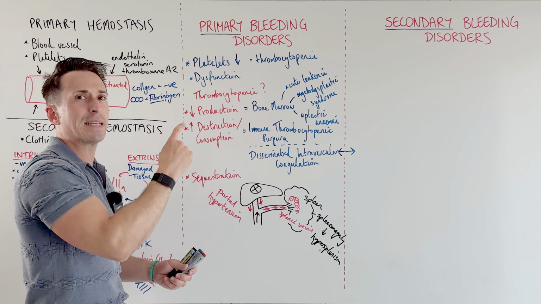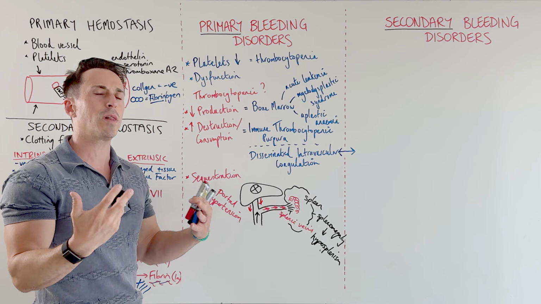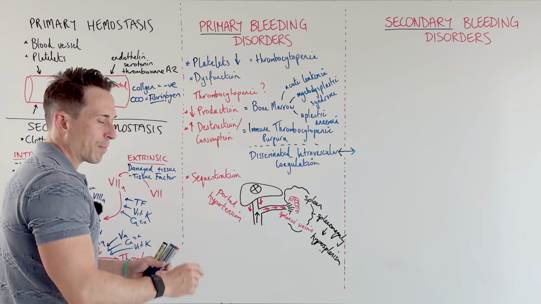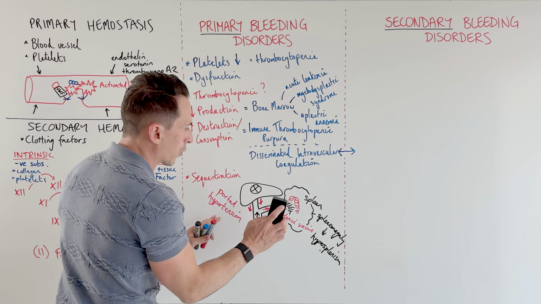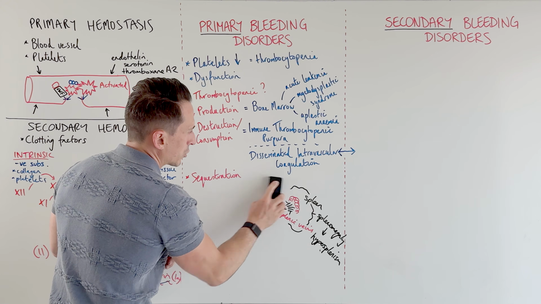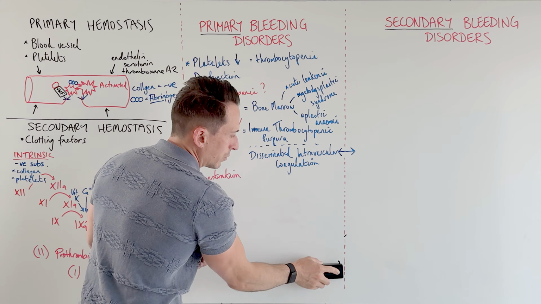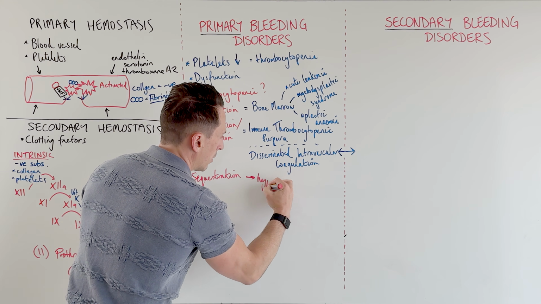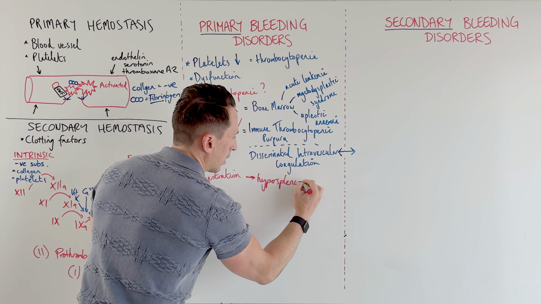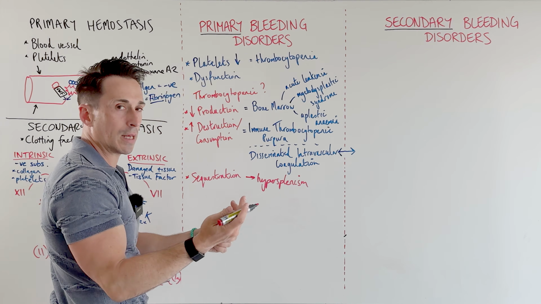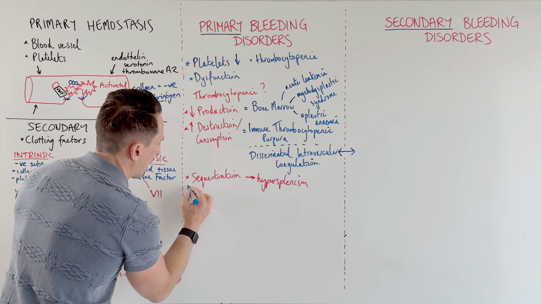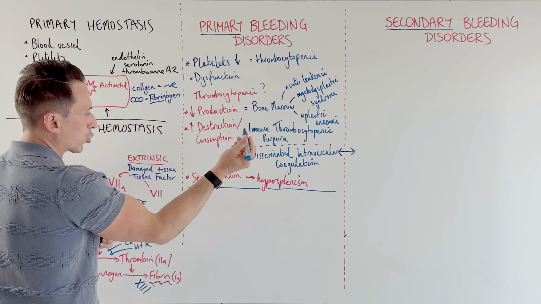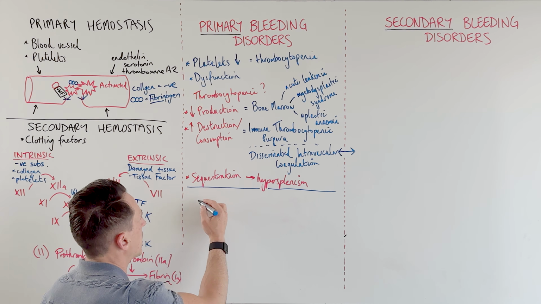What about platelet dysfunction? So this is a qualitative issue. So platelet dysfunction, I'm going to have to wipe that off so that we've got more room. So we'll just say sequestration, hypersplenism, right? And it just holds on to too many platelets. All right, now we're talking about dysfunction, qualitative issues. So this could be something like